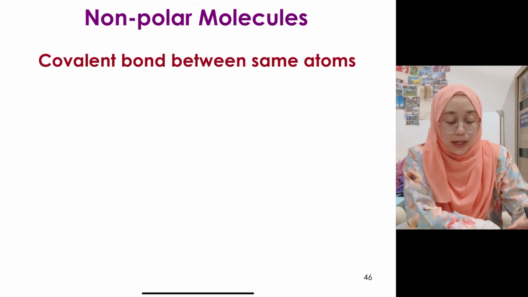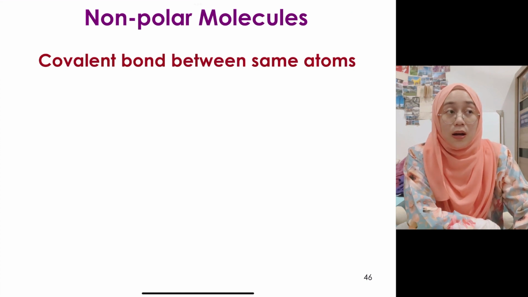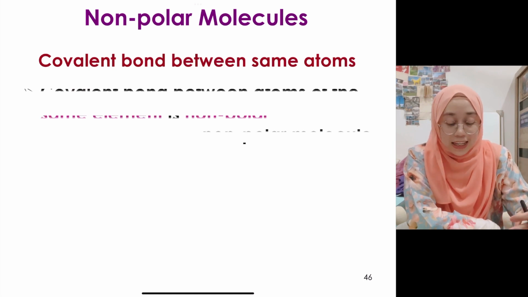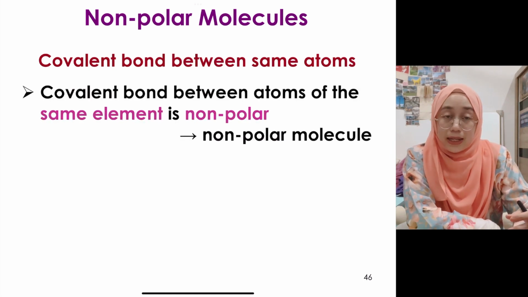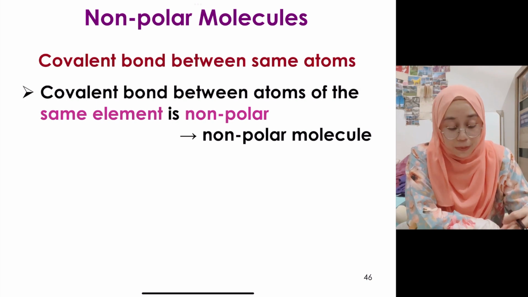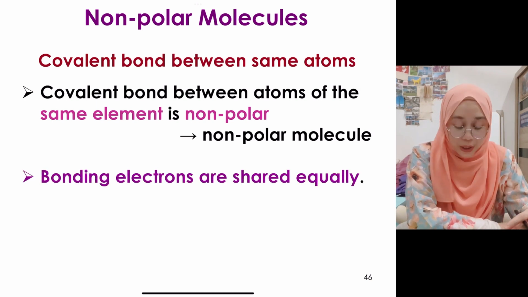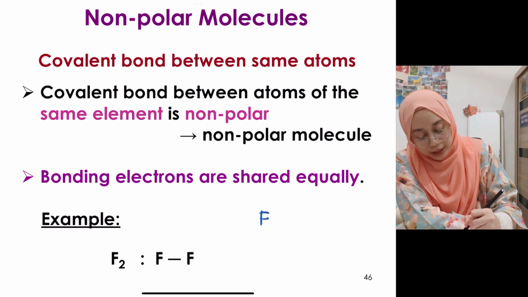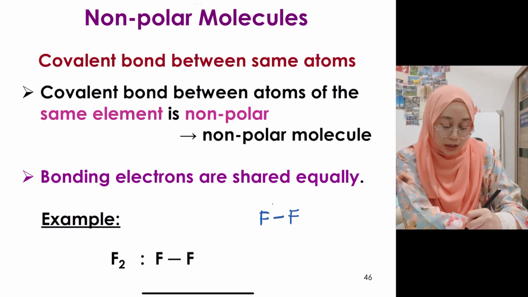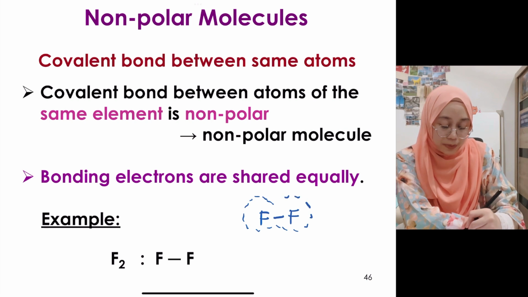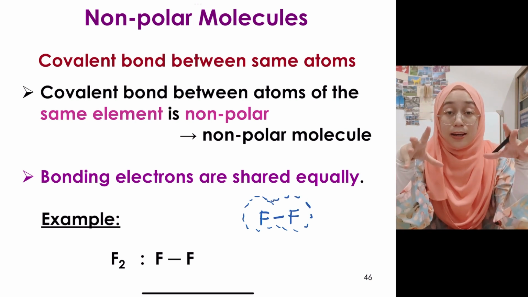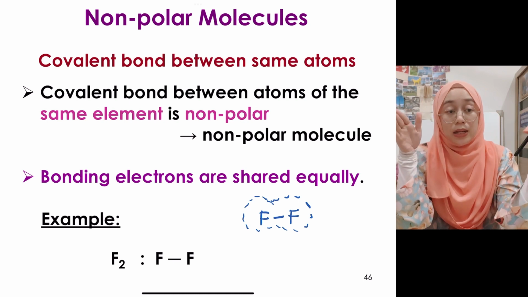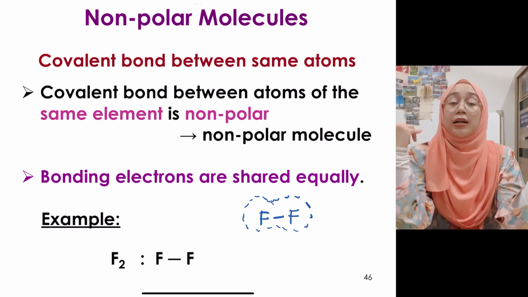Meanwhile, non-polar molecule pula adalah covalent bond between same atoms. Okay, sebab bila same atom, maksud tiada beza in terms of electronegativity. Okay, so covalent bond between atoms of the same element is non-polar bond, menjadikan dia sebagai non-polar molecule juga. So bonding electrons are shared equally. Okay, so for example, kalau kita ada F dengan F, kalau kita tengok electron distribution dia, most probably electron distribution dia lebih kurang sama besar lah, kiri kanan ni, kita nampak size dia sama. Okay, and there's no side yang kita boleh cakap dia partially positive ke partially negative ke, tak ada, sebab electron is